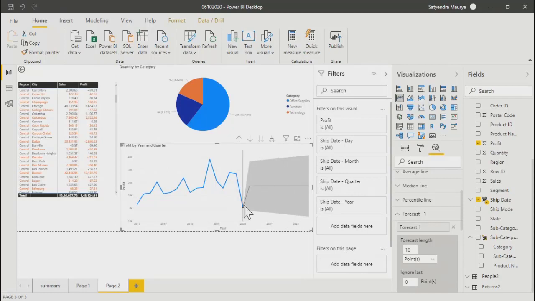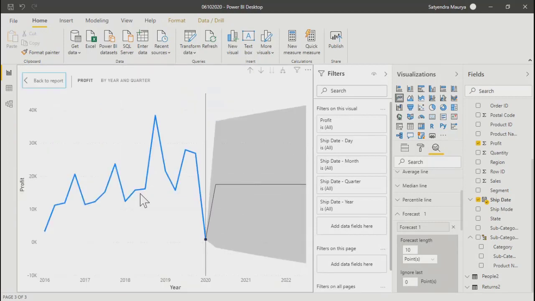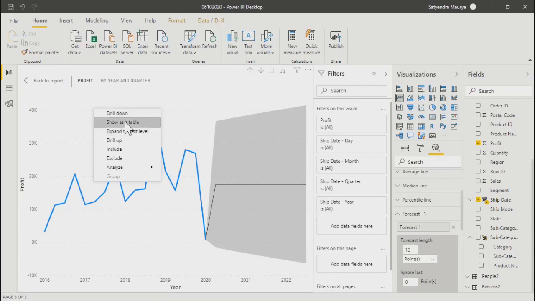My data was till 2020. You can see 21 and 22 also over here. But as of now, it shows a straight line in terms of forecast. There isn't much information related to this. I'll convert this into a table also. Show the table.